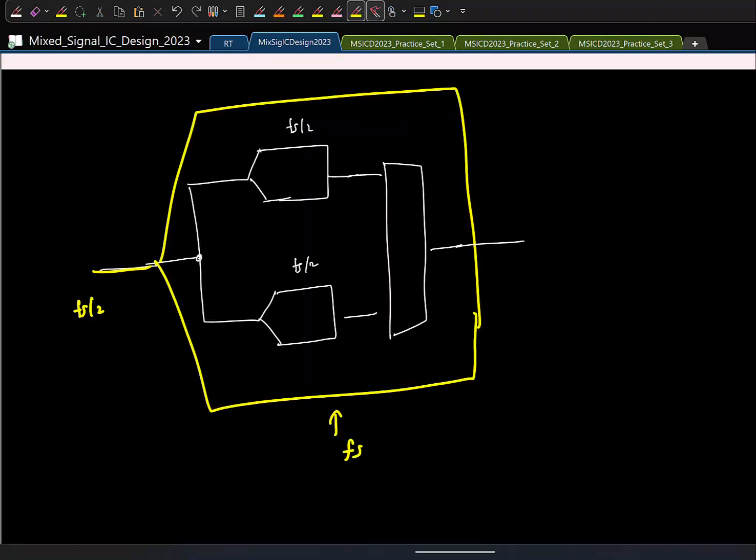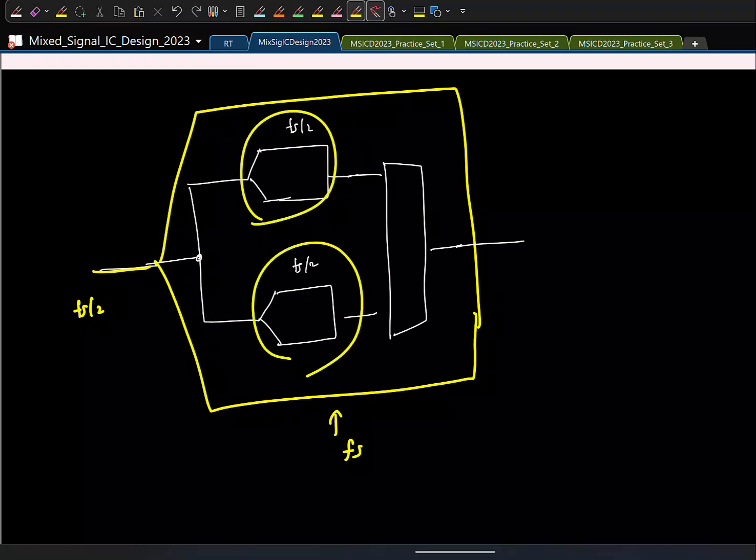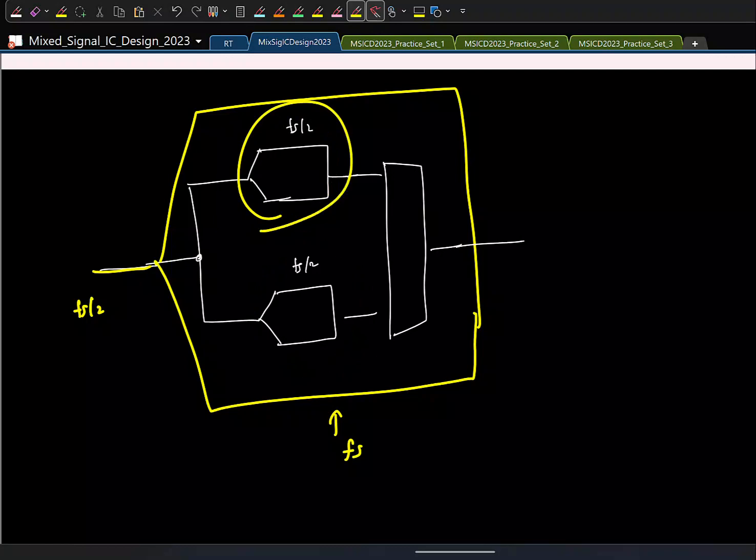gain some understanding. So what I'll do is I'll try to model this mathematically. Again, we are only interested in the effects of sampling, not quantization, so I'll ignore quantization for now. So I'll try to model what's happening in the two branches. In the top branch we are sampling the signal at fs by 2, right? How can I model the sampling operation? How is the sampling operation modeled mathematically? Multiplication with an impulse train,